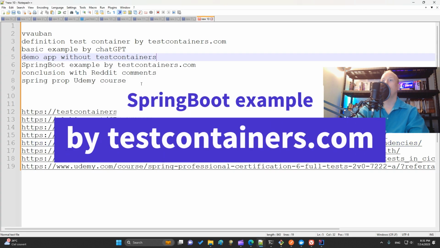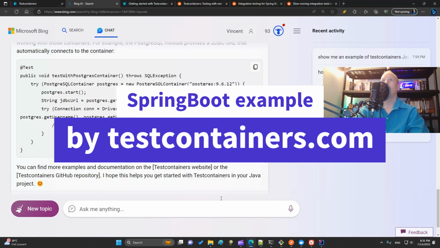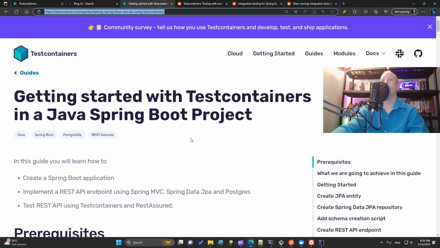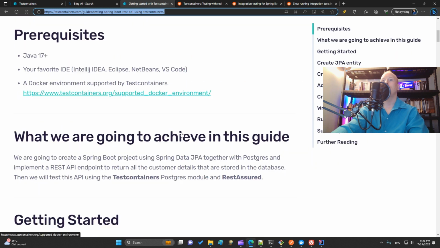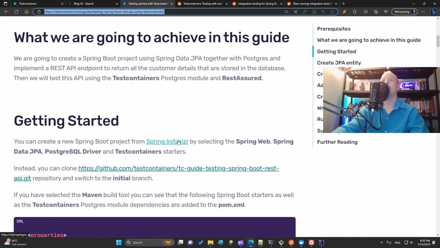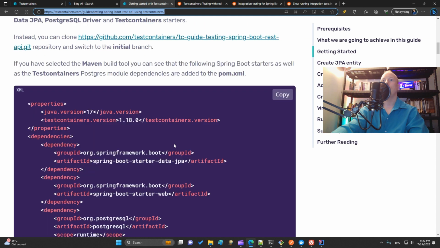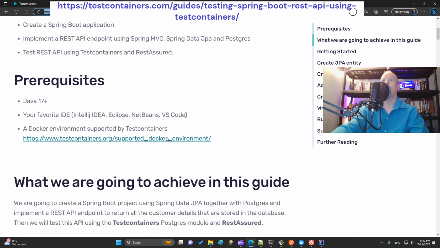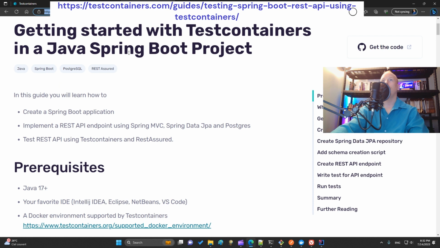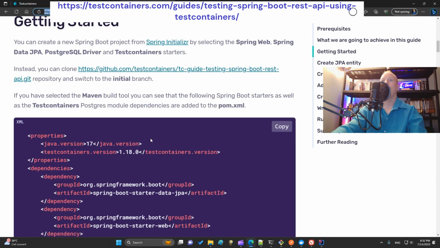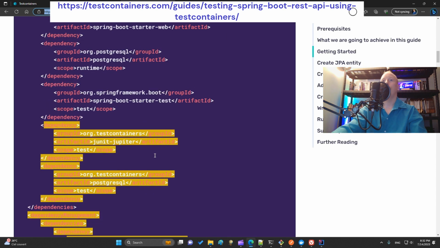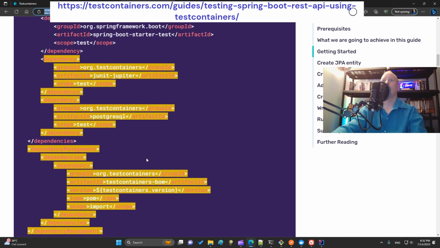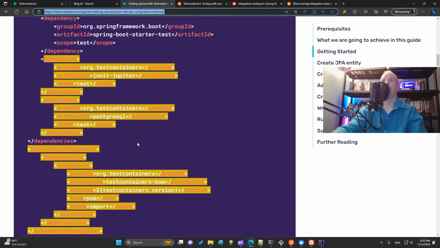Now we will go to testcontainers.com to convert our application into a Testcontainers integration-test-capable application. At this URL, which I give in the description, you can create a Spring Boot app that does Testcontainers integration tests.